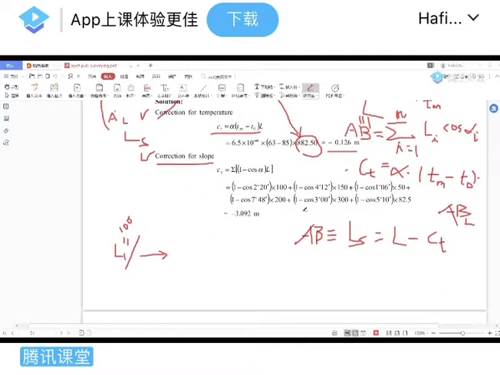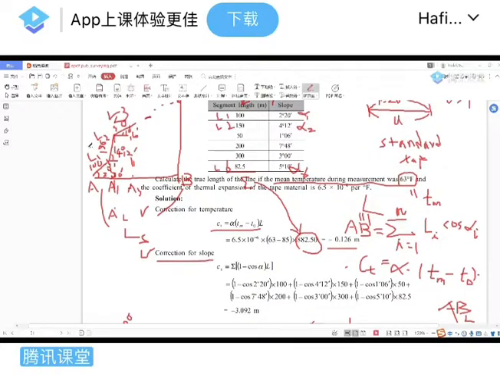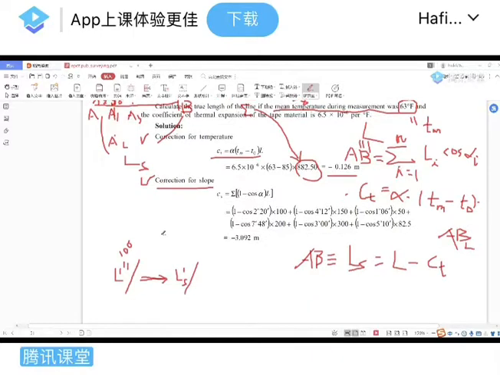Okay, let's continue. Just to let you know, I convert this one, 100, into the standard one, the standard tab. So this one will become the standard tab, like this one, L1S. Let's say this L1S. Let me put this into the superscript over here. L1 is this one, the first segment. Okay, now I have to do the correction. So L1 will be like this one. The temperature correction will be L1